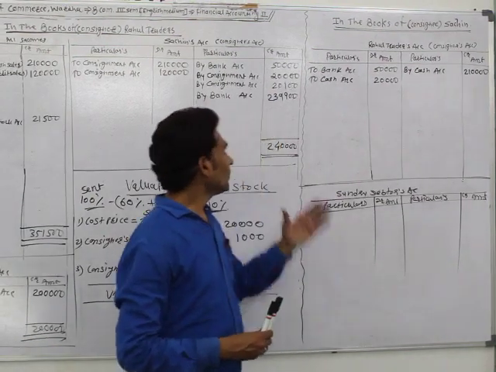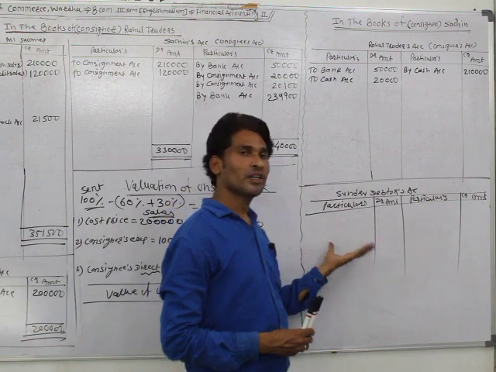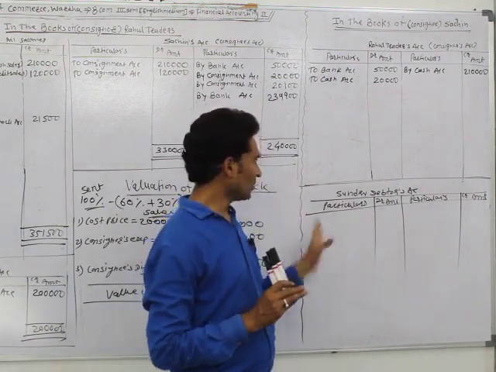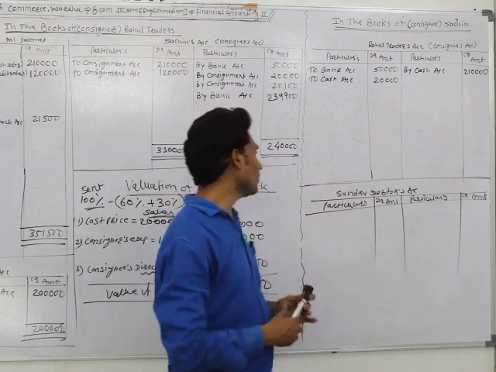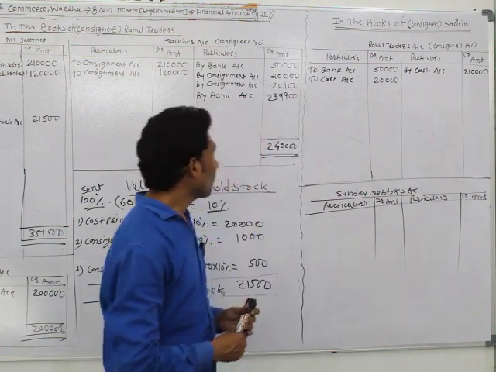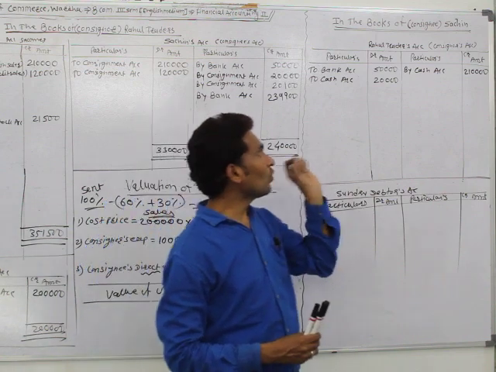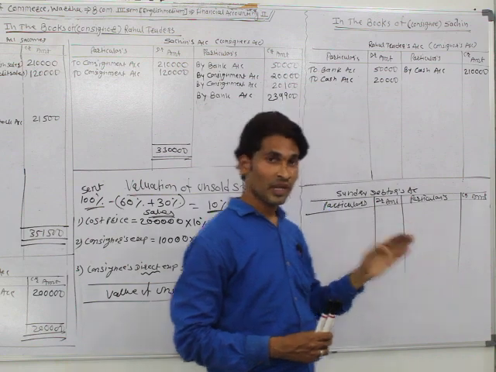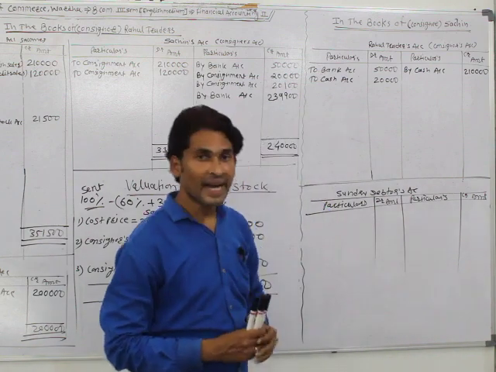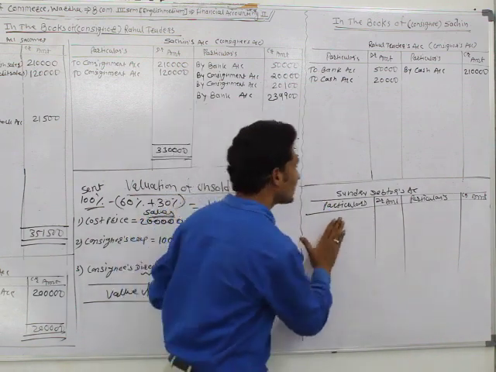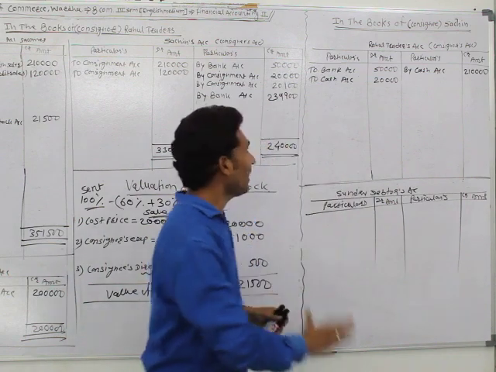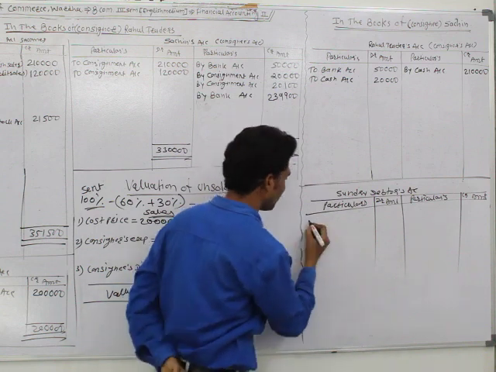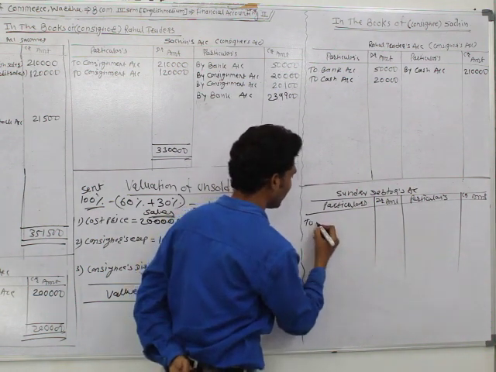Consignor is not compulsory to show the debtors account, but it is prepared in the books of the consignee as the sundry debtors account when goods are sold to sundry debtors. When Sachin sold goods for cash, the entry is cash account debit, Rahul Traders account credit. When it sold goods on credit, the journal entry is sundry debtors account debit and Rahul Traders account credit. So write at the debit side of sundry debtors account